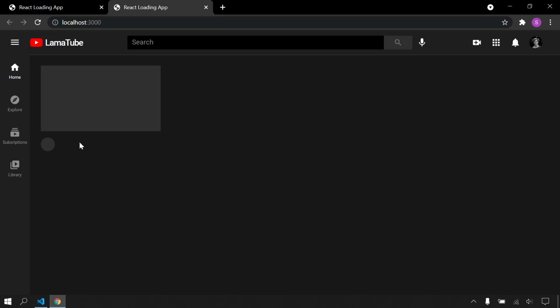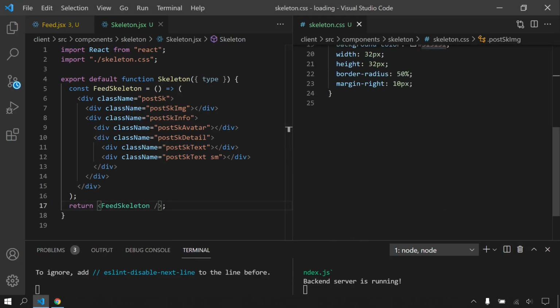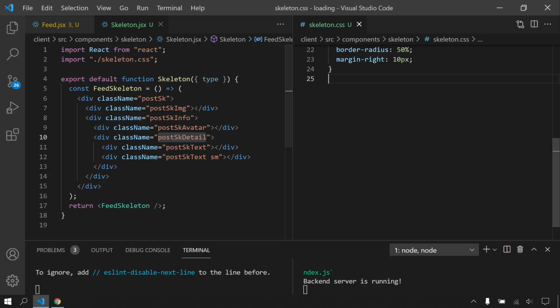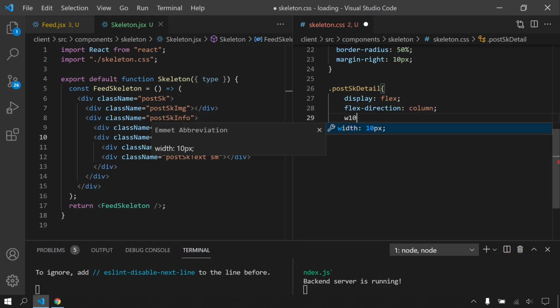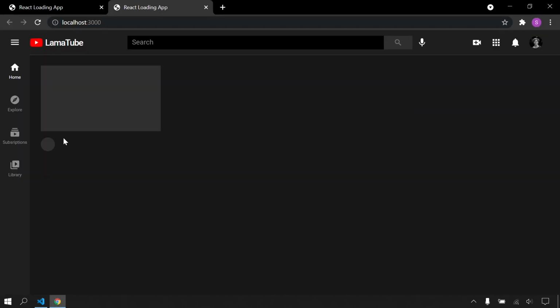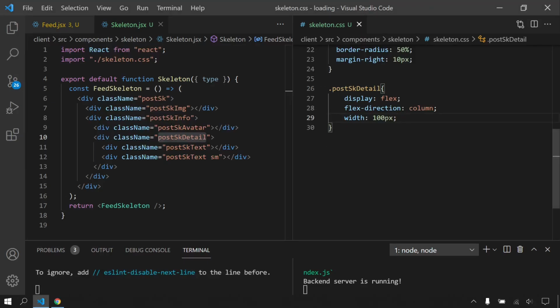So what about these texts? I will copy this detail. It's gonna be display flex, but this time flex direction column, and I will say width 100%, and for first text it's gonna be width 90% maybe, and for second one it's gonna be a little bit smaller, maybe 50, 40. Let's try.